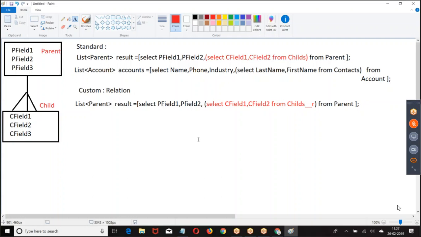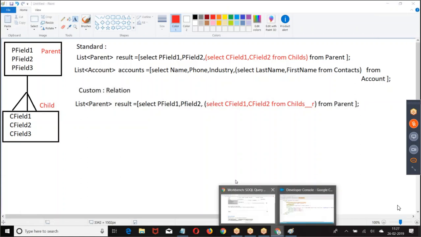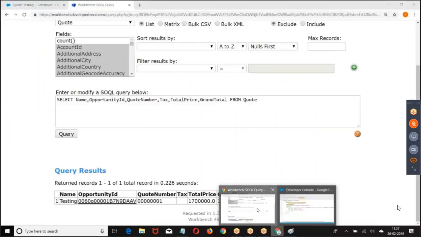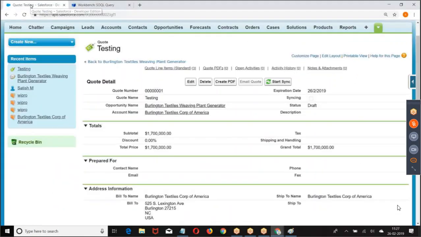Now, if you remember, we used to give lookup relation, master detail relation. If you are trying to create any lookup field or a master detail, everyone look at this. Listen here, everyone.